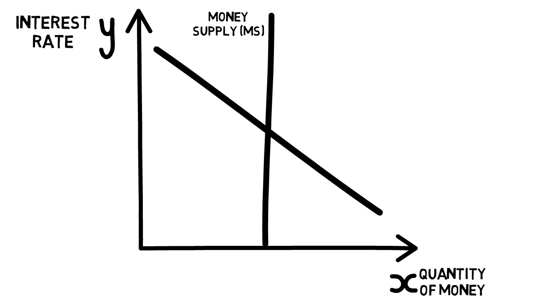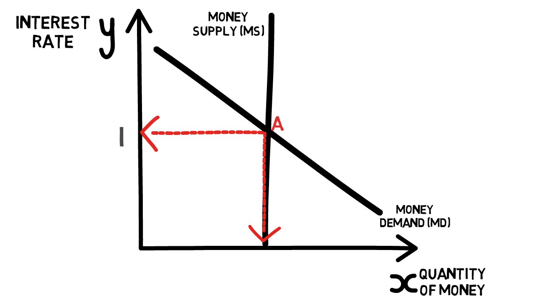and we have a downward sloping money demand curve telling us that as the interest rate drops, the opportunity cost of holding money drops as well, and therefore money demand increases. So downward sloping money demand curve. Where money supply equals money demand in equilibrium, we derive from this the interest rate in the economy, the equilibrium interest rate, and we also derive from this the equilibrium quantity of money as indicated on this graph here at